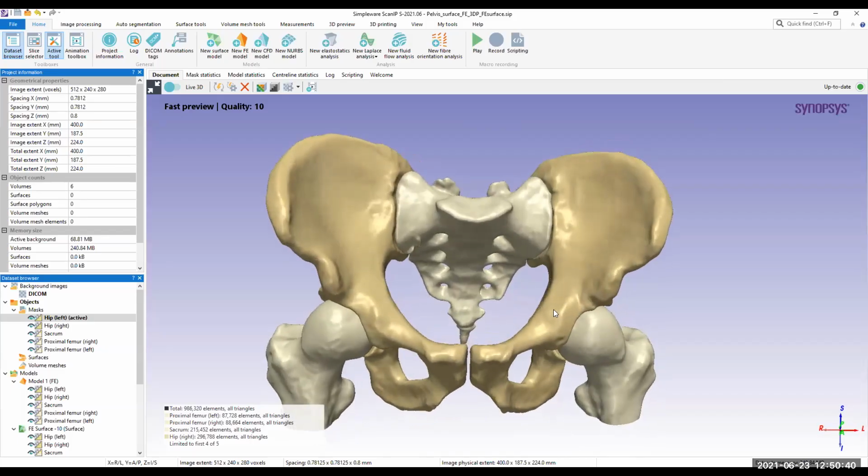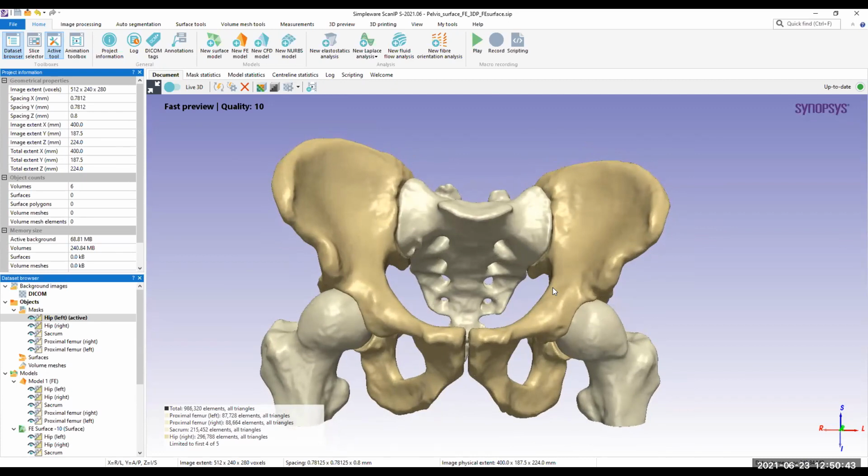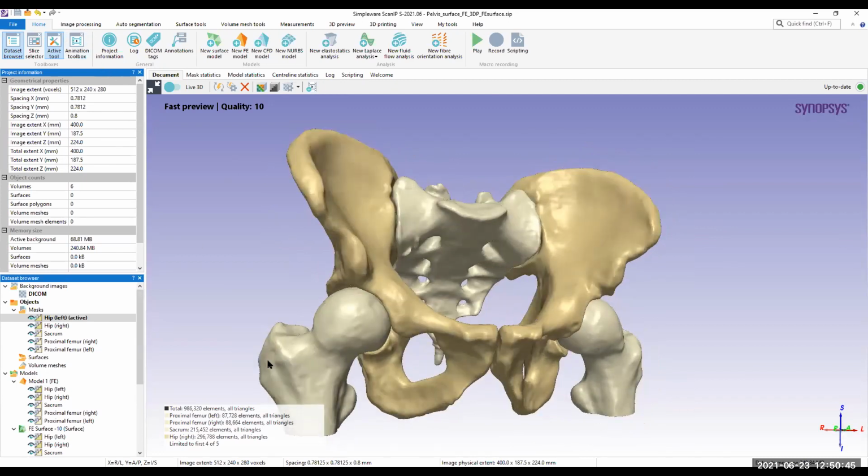So I think I have more time. Yeah, please carry on. Okay. I would just like to show one more thing. This is also related to 3D printing preparation. The data set that I worked on is a healthy data set, but most of the time people who practically work don't get this kind of data set. So let me just work on that kind of data set. I'm just importing it.